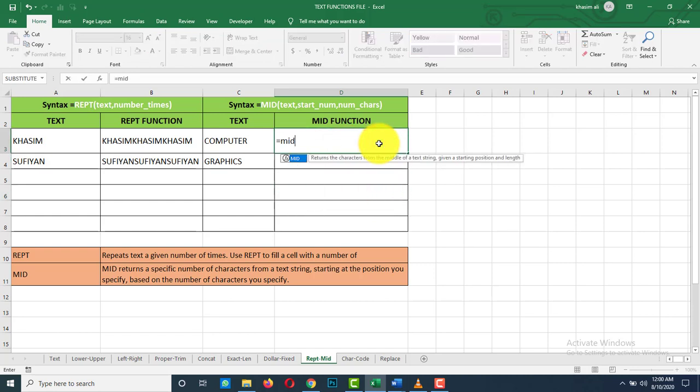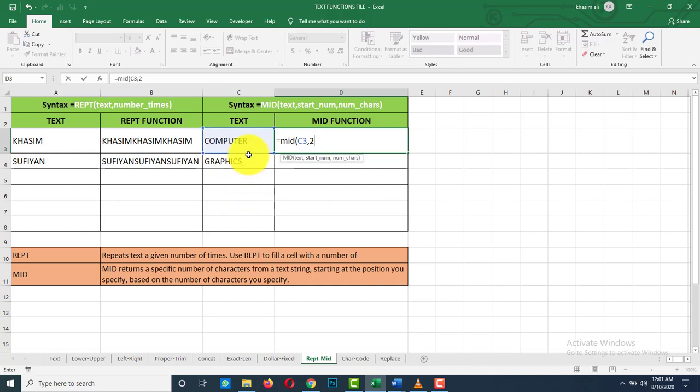Equals MID of text string, that is C3, comma, start number and number of characters. For example, I want OMP as an output. So O is the second character in the text string, so I'm going to write 2. 2 means the starting number, second character.